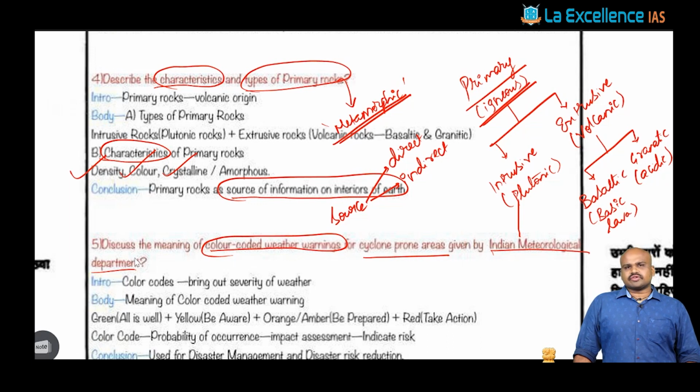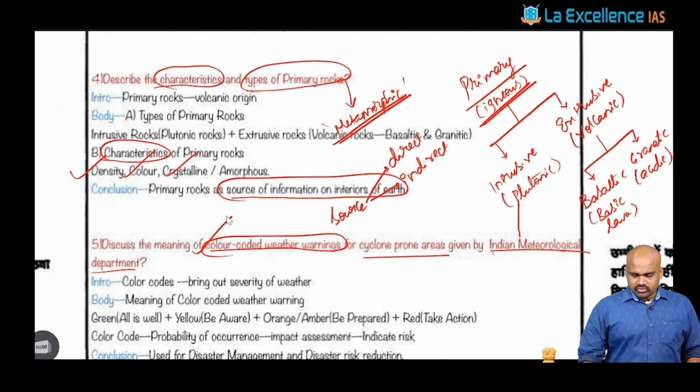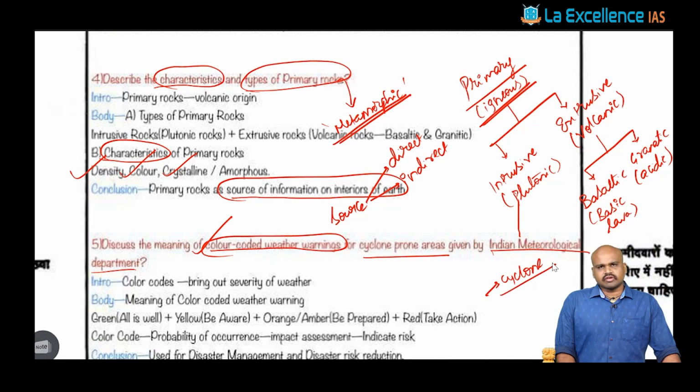And there are different ways of ensuring preparedness, that might be with respect to information, with respect to infrastructure, or with respect to institutional presence. In that context, they would have gone for this early warning system, and color coding is one mode of early warning system, keeping awareness about the kind of disaster that is present. And in this context, you could have simply introduced by defining the cyclone. This could have been one simple introduction.